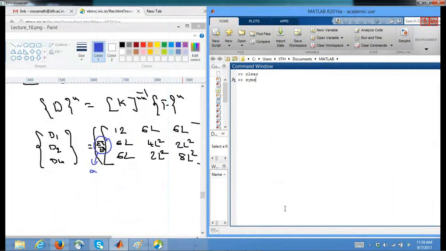Since A and L are our symbolic variables, and KUU is equal to A star